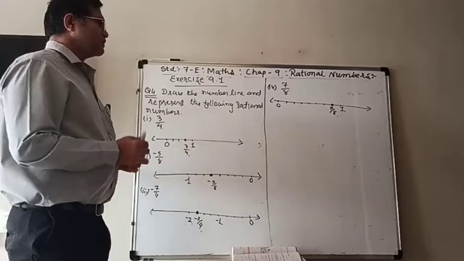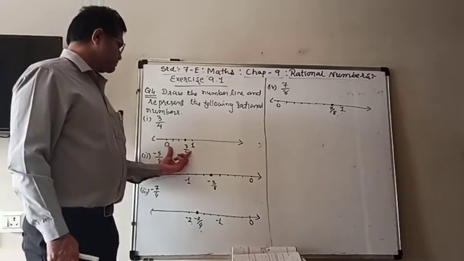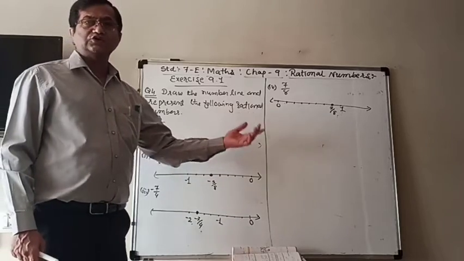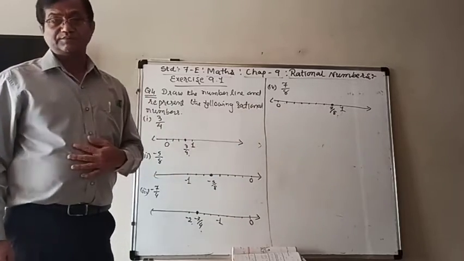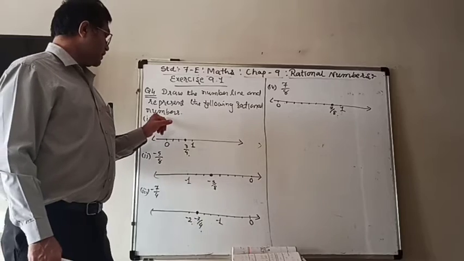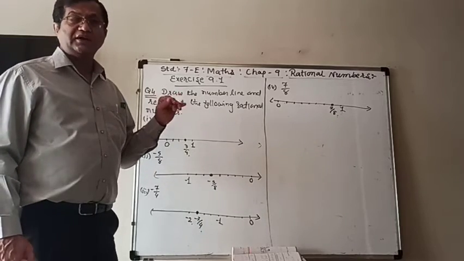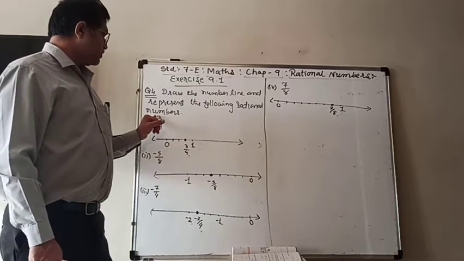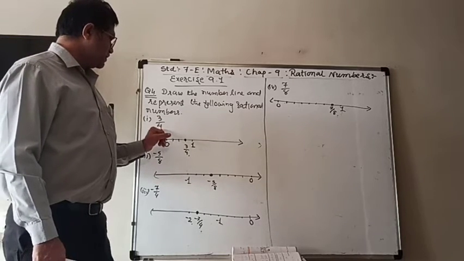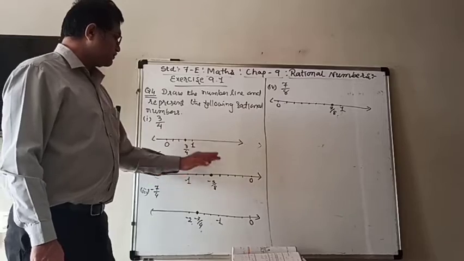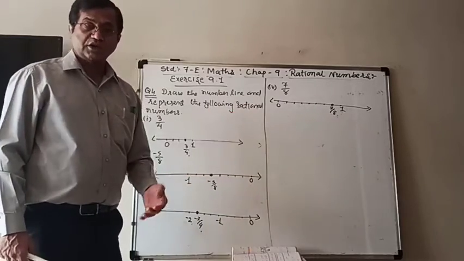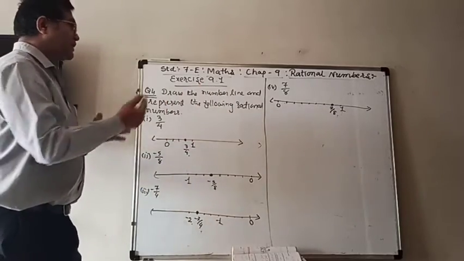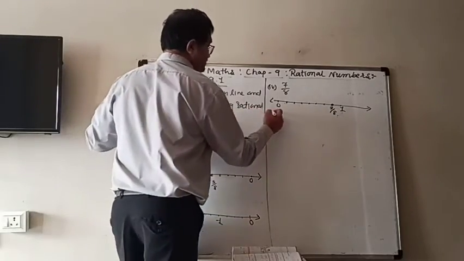What we have to do? We have to make equal parts between the place of 0 and 1, 1 and 2, 2 and 3 according to our need. And then as the number in the numerator, we have to count that many parts. So if the numerator is bigger than the denominator, then we have to go between 1 and 2 or 2 and 3 also, according to the situation. And if it is negative, we have to come from right to the left side.